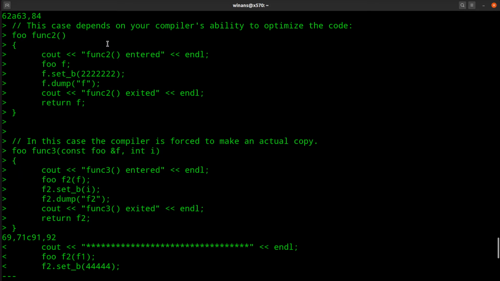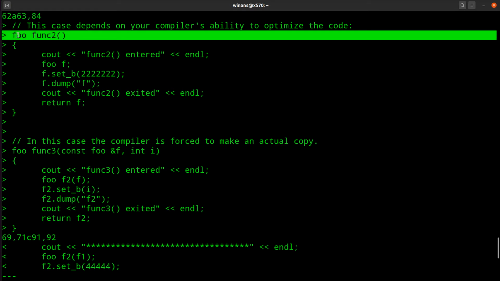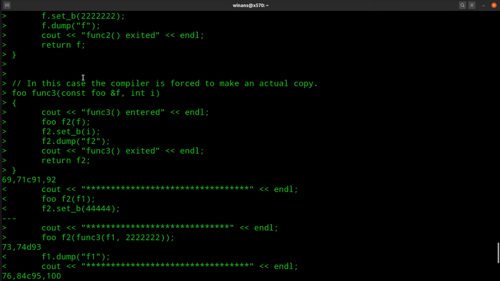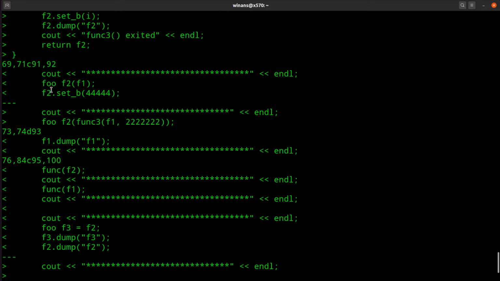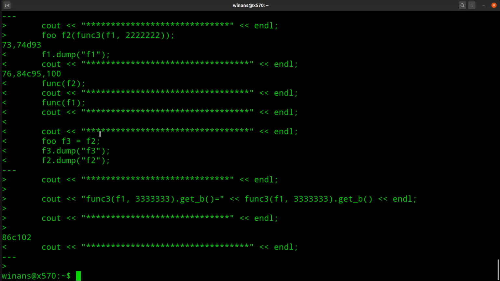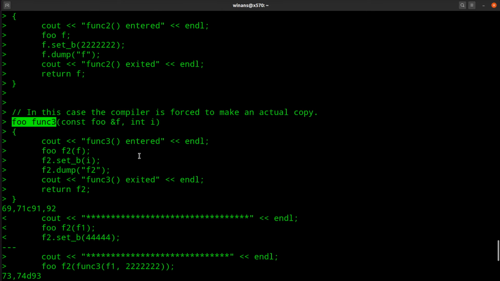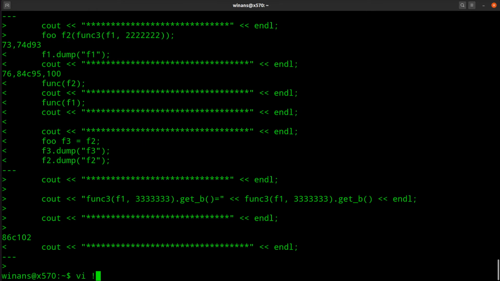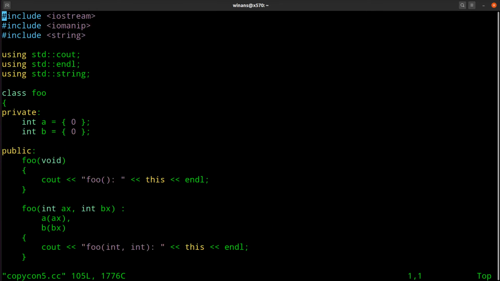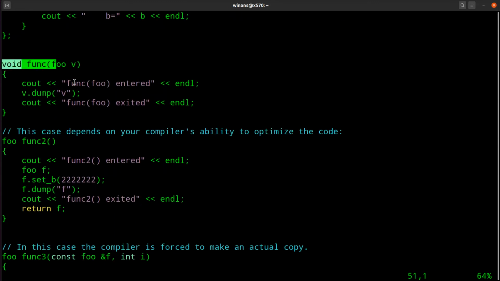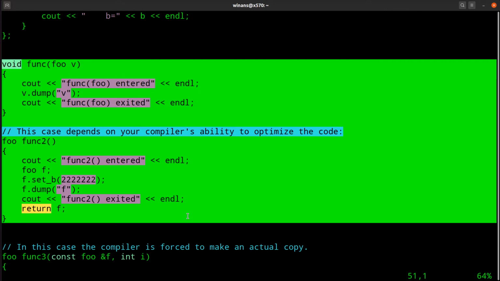And you can see that func2 has no arguments and it returns a foo by value, all right? Func3 also returns a foo by value, and it works differently. 2 different ways to do this. And then there's some noise here about the differences between the main programs and the 2 subroutines. So let's look at CopyCon 5 here. So we know the only differences are that I've added these functions and rewrote the main. So let's look at these